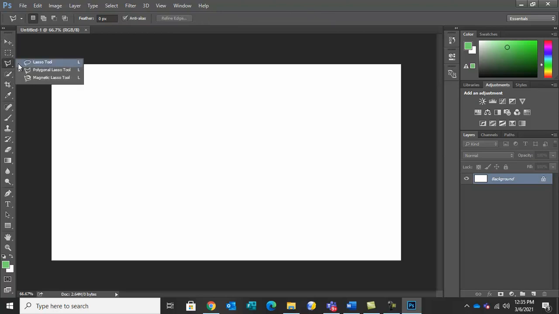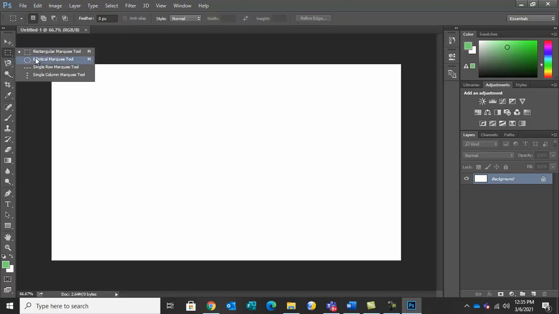And this is also a selection tool: lasso tool, polygon lasso tool, and magnetic lasso tool. The shape will change until you select from here. And this is also a selection tool: quick selection tool and magic wand tool. Okay, so these are the selection tools. We will use them one by one as per the use in exercises.